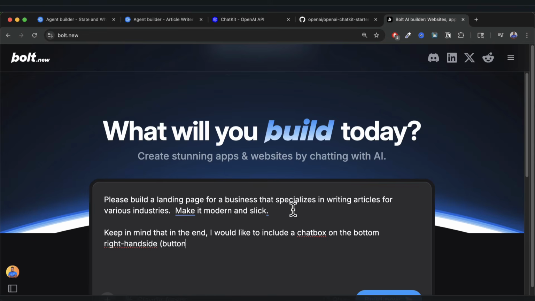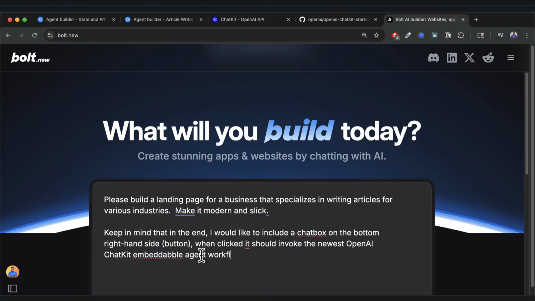I'm going to say a button. When clicked, it should invoke the newest OpenAI ChatKit embeddable workflow. Let's say embeddable workflow, agent workflow. Right now,